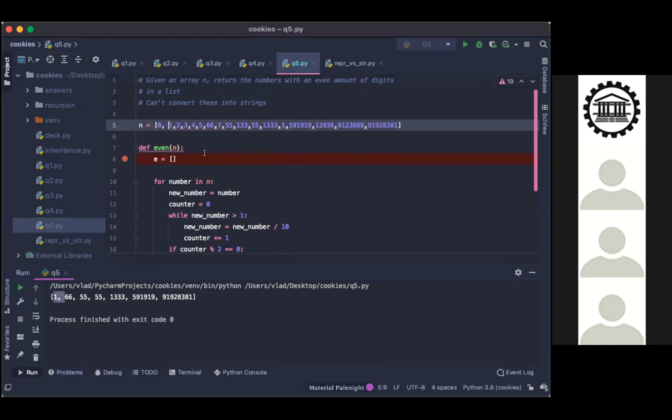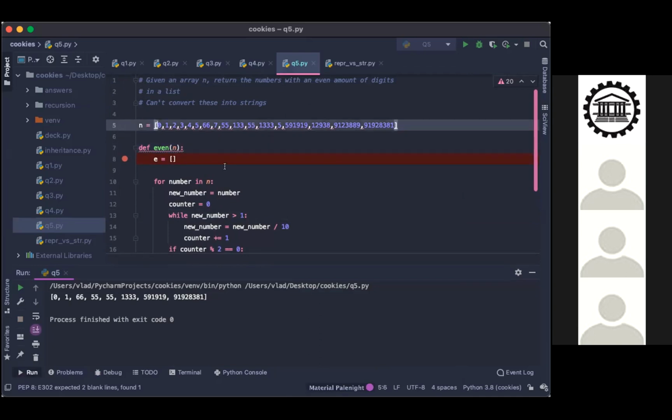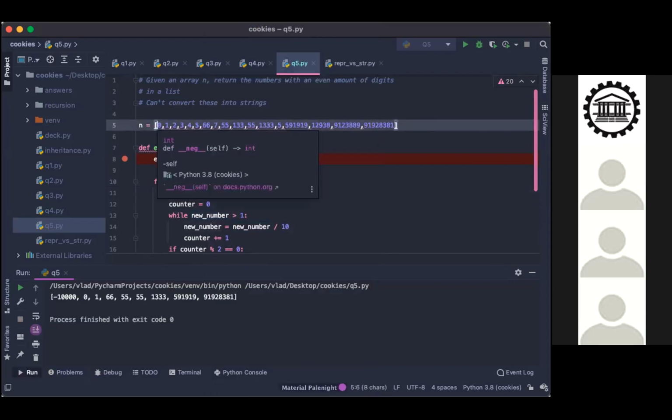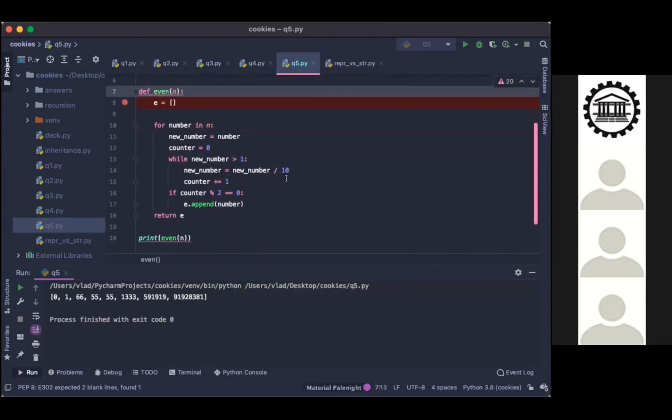Here, let's try. Oh no, now we have 0 and 1. Let's assume these are positive values, so I won't go in the negatives. Even if we put something like that, it wouldn't work either. I'm missing something, though I wouldn't say it's huge, but it does affect numbers 1 and under.